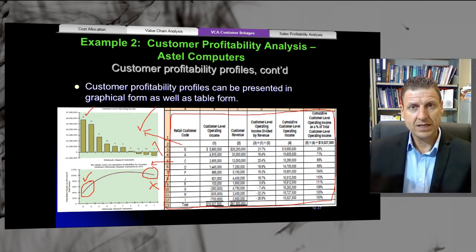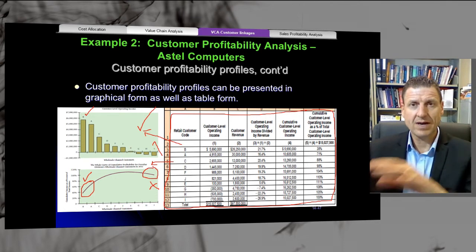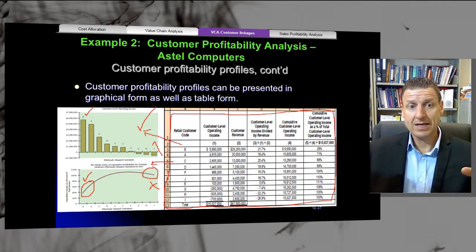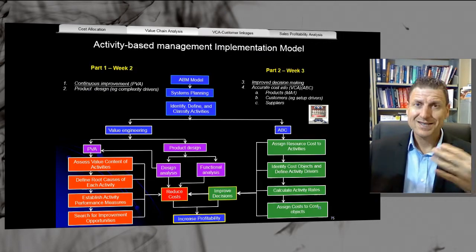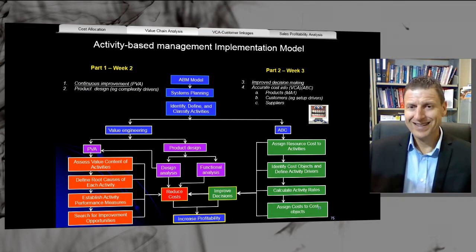So from 6 months to 6 months to 6 months, for the last 18 months, here are the customers that are in the top profitability profiles. Here are unprofitable ones. So we don't want a customer that's only profitable for one term and make a poor decision, like invest more money in that customer and it turns out to be unprofitable in the second term. So that takes us to the end of this second example, the example in chapter 14